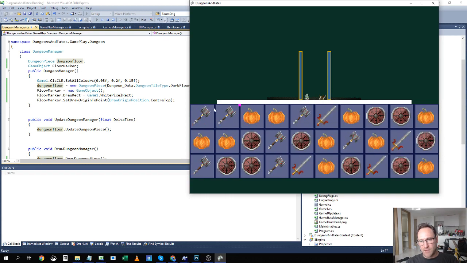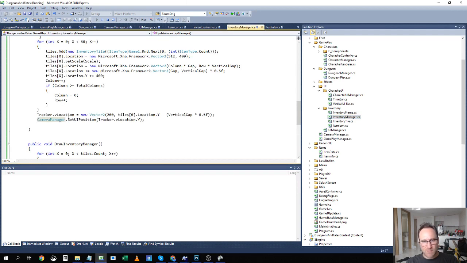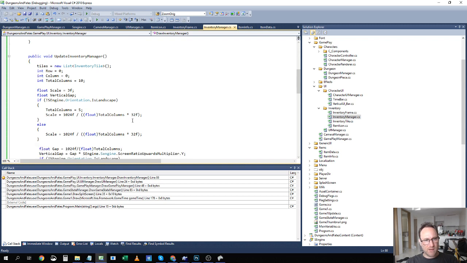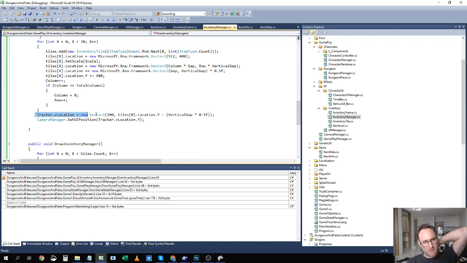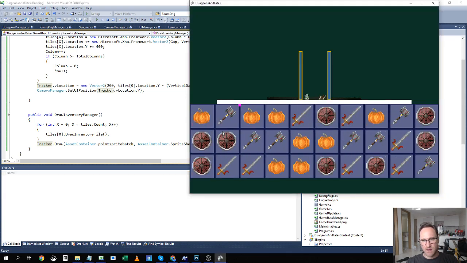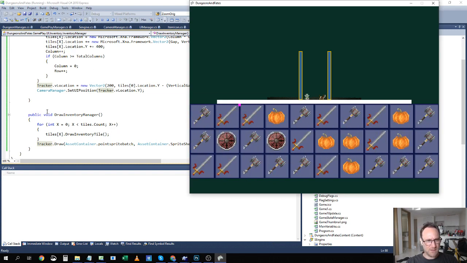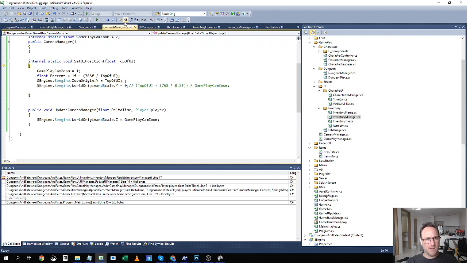So why are there all these pink dots and white lines on the screen? So the pink dot, if I go to my inventory manager, is this little tracker thing. Every frame I remake the array and position of icons, and then I just position the tracker to where I think the top of the first icon is, right? And so I draw that tracker to make sure that it's correct in every ratio. So once I'm sure that I have that correct value in every single ratio, which amazingly didn't take lots of weird math, I then do this thing in my camera manager, which is set